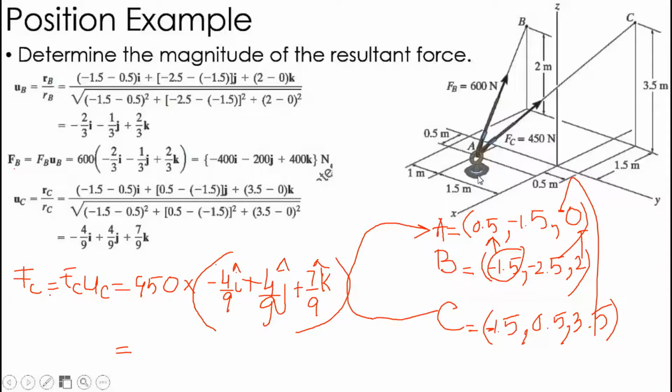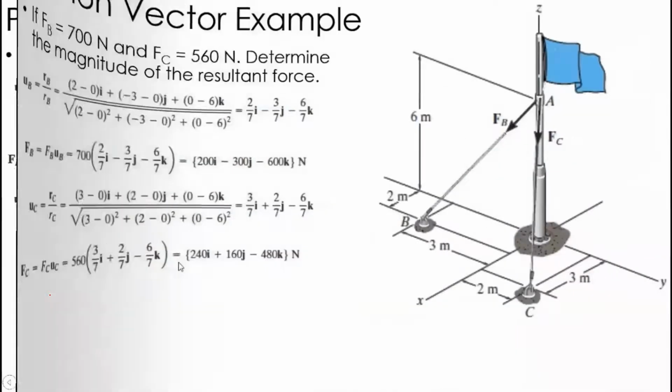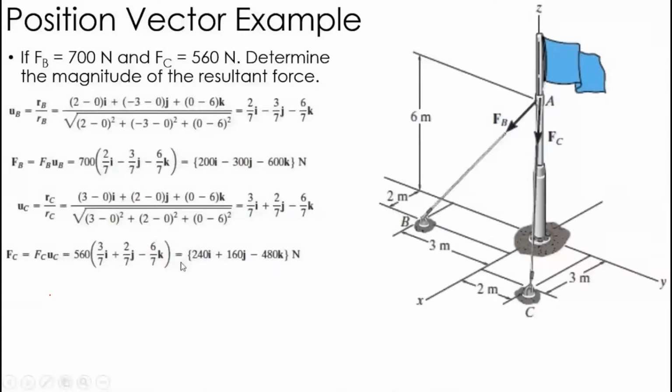So this is the way you can find out the position example, and determine the magnitude of the resultant force. The major issue is that if you have a problem in finding the coordinates and you have taken wrong coordinates, your complete answer will be wrong. So let's have a look at the next question. How can you find out the coordinates? I think it is getting simpler after looking at 3 or 4 slides. So let's start at point B.